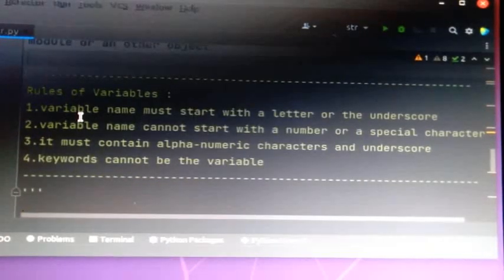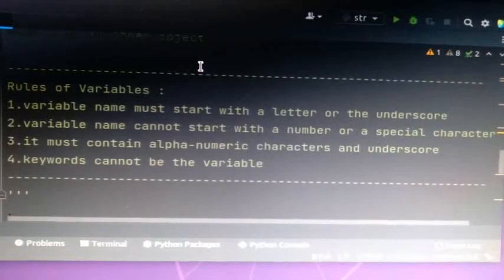A variable name must start with a letter or underscore. If we start a variable name with a number in the first position, Python will give an error. A variable name cannot start with a number or special character, and the third point is that it must contain alphanumeric characters and underscore.